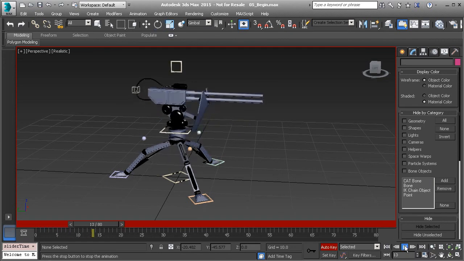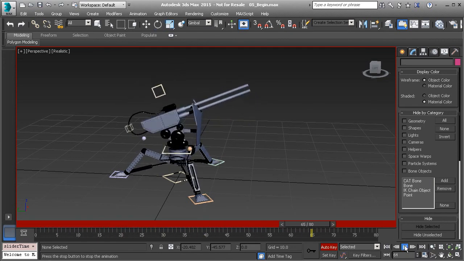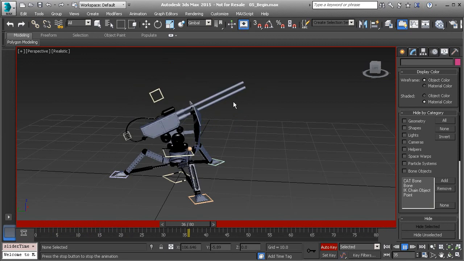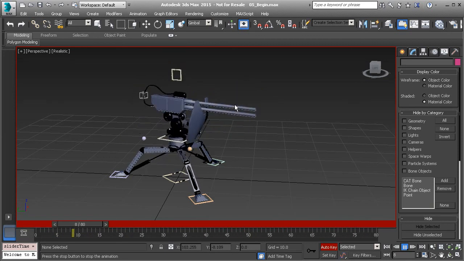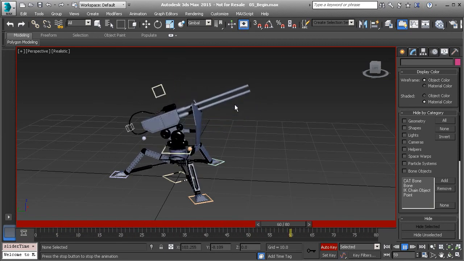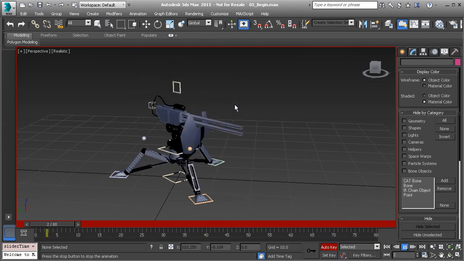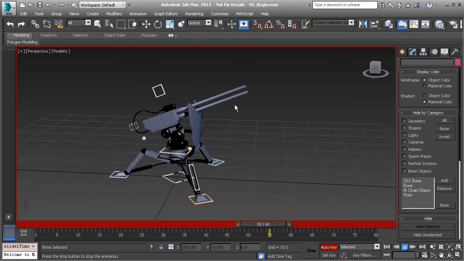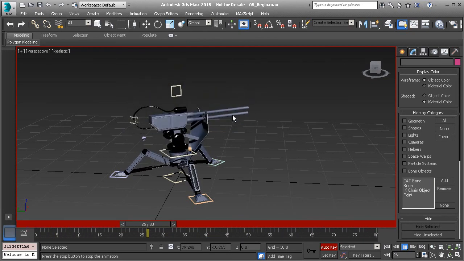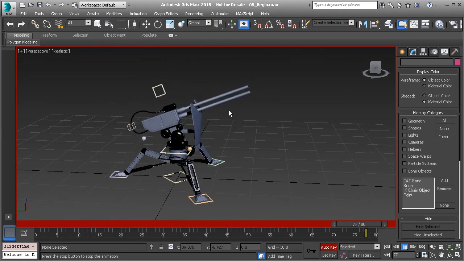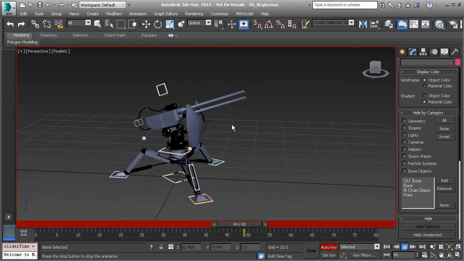I'll go ahead and hit play. Let's go ahead and see what we've done. Cool, so it kind of looks around and then it gradually comes to a stop. So we got a good sense of weight. How awesome is that? Again, we did that with just a few keys. And thinking about a few animation fundamentals. Great, well that's it for this lesson. Now in the following lesson,